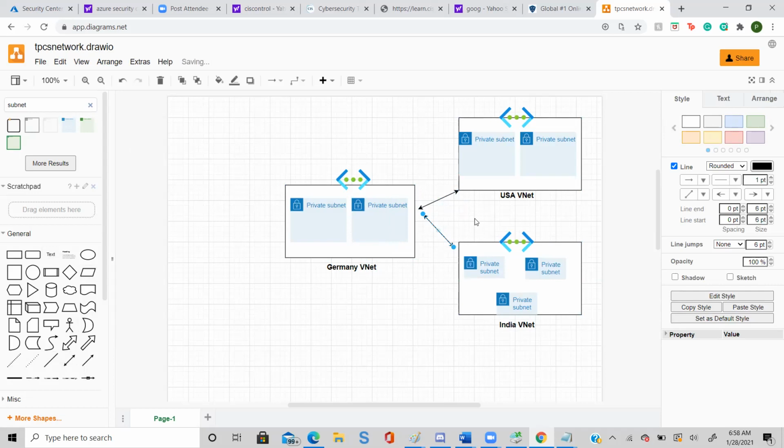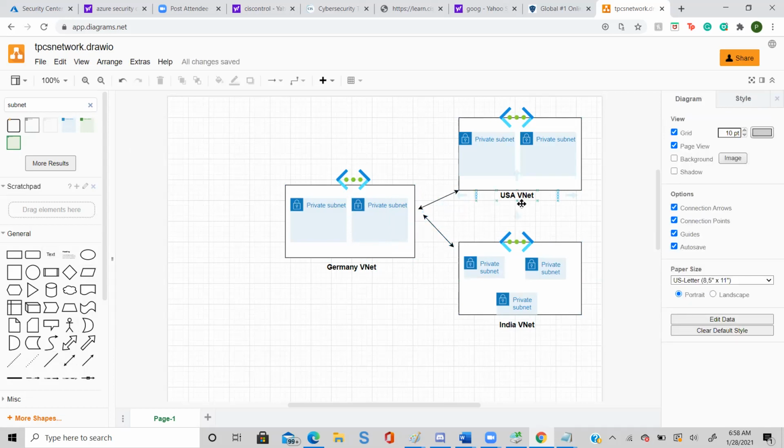So you can connect VNet 1 with VNet 2, VNet 1 with VNet 3. You can also connect USA with India, but as per the customer requirement, everything should be controlled from Germany only. There should not be a direct communication between USA and India. You have to come to Germany.